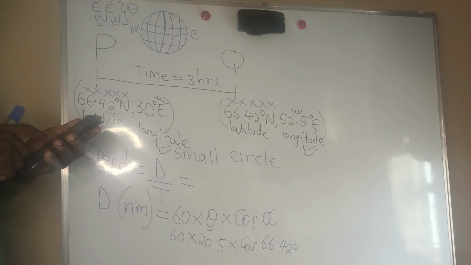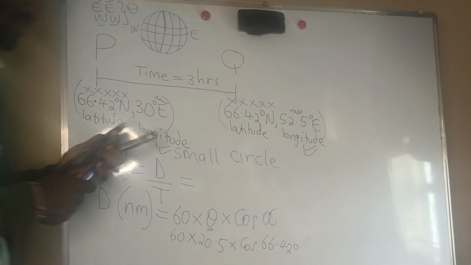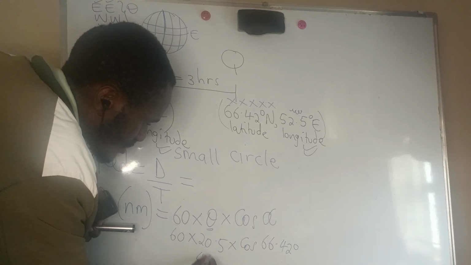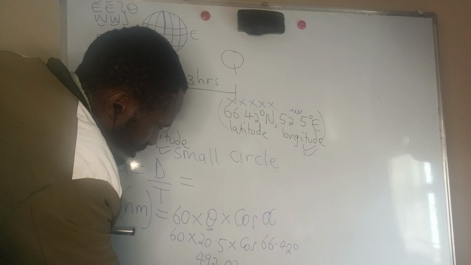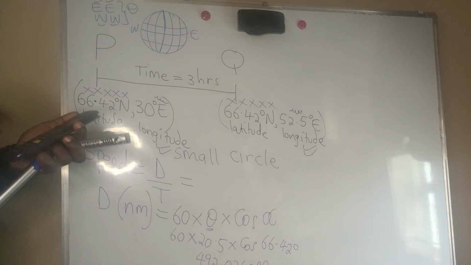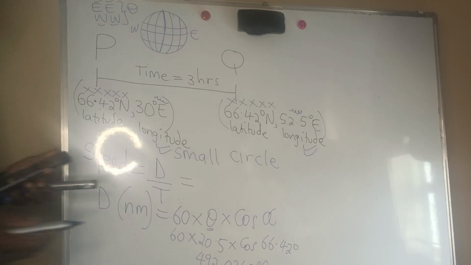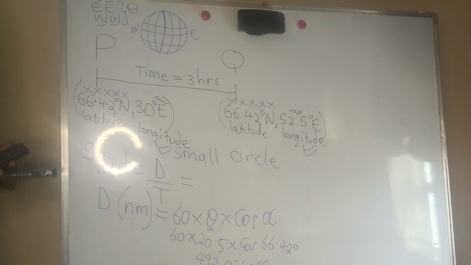And that is going to give us the answer for the source. That gives us 492.036 nautical miles. So I just took 60 times 20.5 times cos 66.42. So 492.036 nautical miles. That is the distance covered by this aeroplane on moving from point P to Q, where